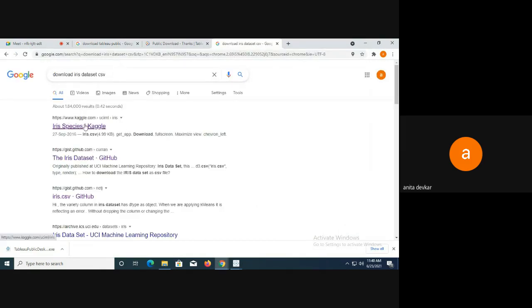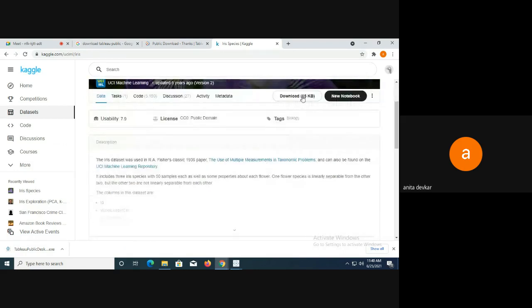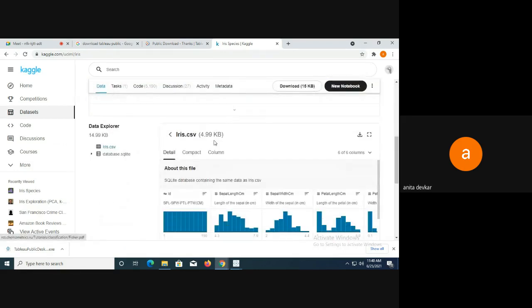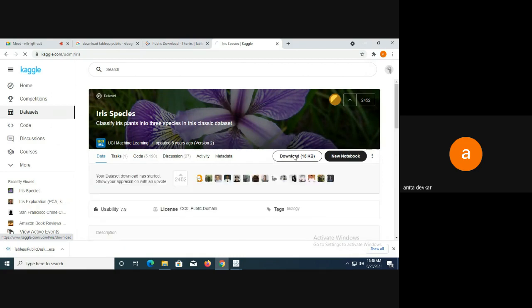The first link that appears is kaggle.com. I'm clicking on this. You can see the download option is there, and below that the iris.csv file. Just click on this download button and your file will download.